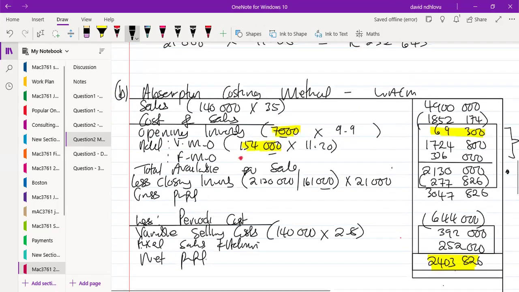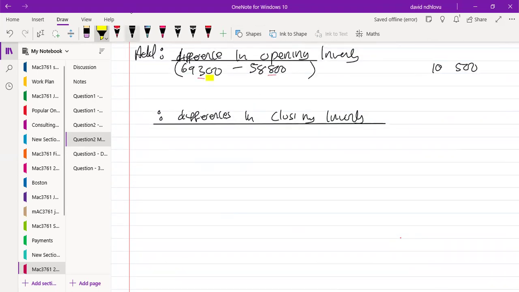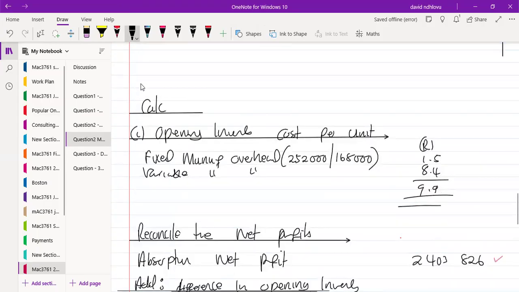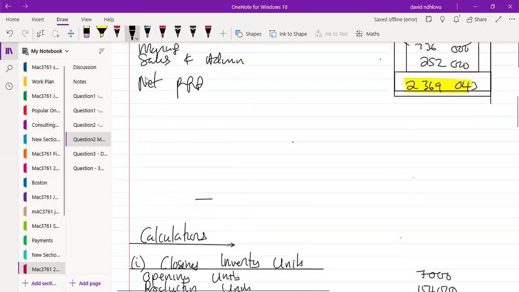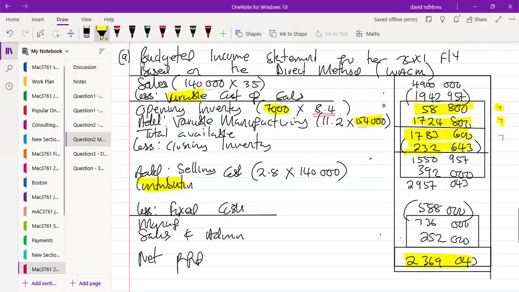So when we check here, our closing inventory value based on absorption costing is 277,826. Based on the other method, which is variable costing, it's much lower, and the figure, as you can see, is